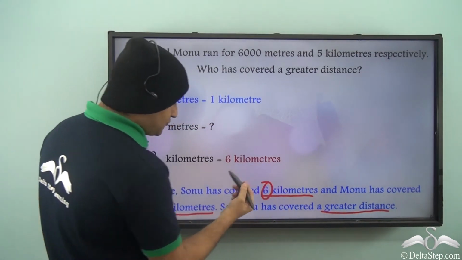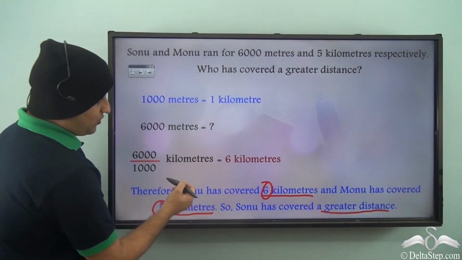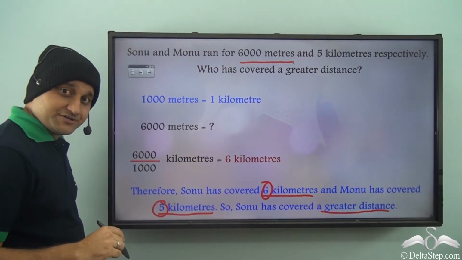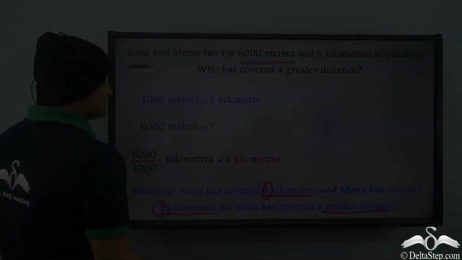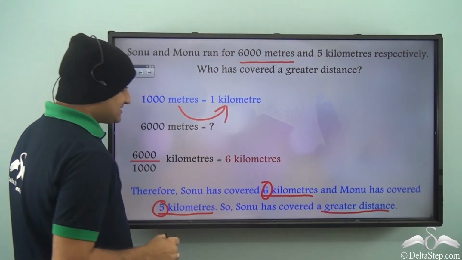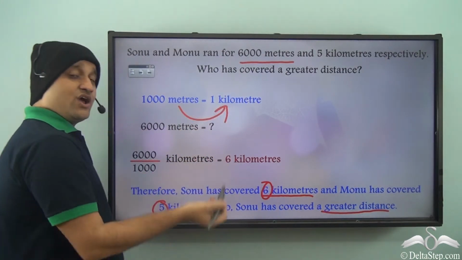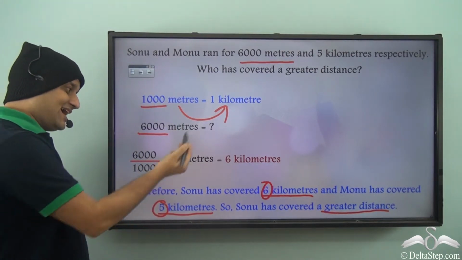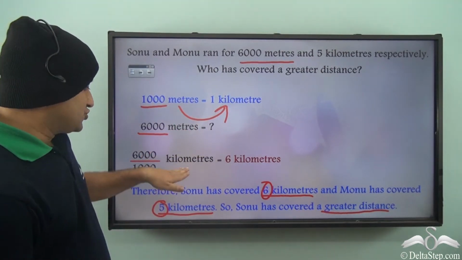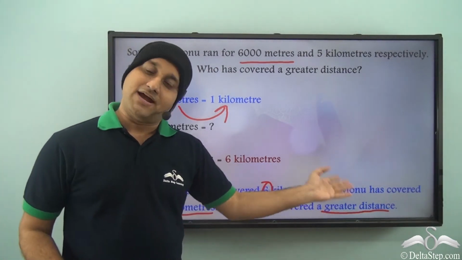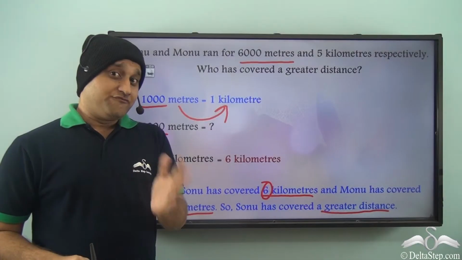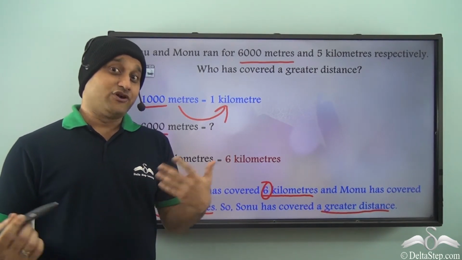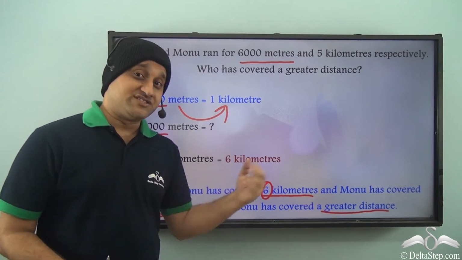So how did we come to this conclusion? Because we were able to convert 6000 meters to kilometers using the trick, that is, when we convert from meters to kilometers, that is a smaller unit to a larger unit, we divide. So we divided 6000 by 1000 and then we got the answer. So Sonu has covered a greater distance compared to Monu. So we saw the importance of conversion of units, and I would like you to solve more of similar problems